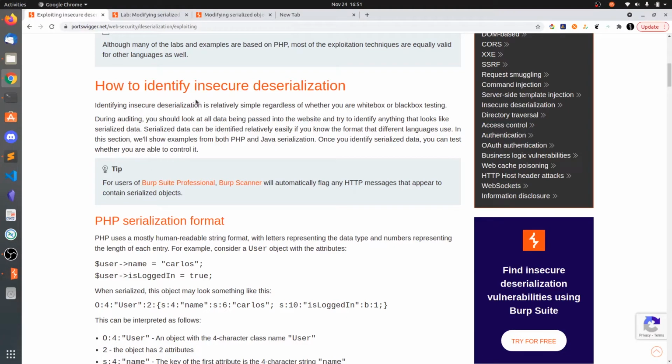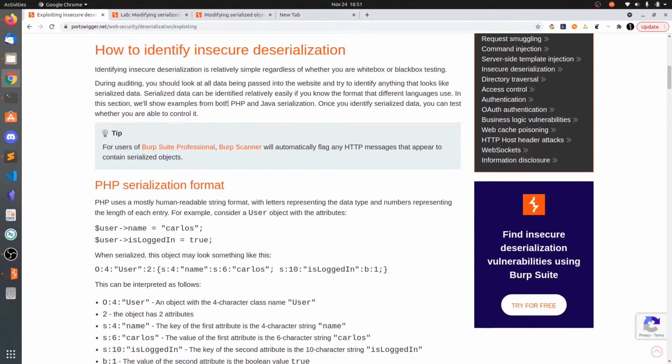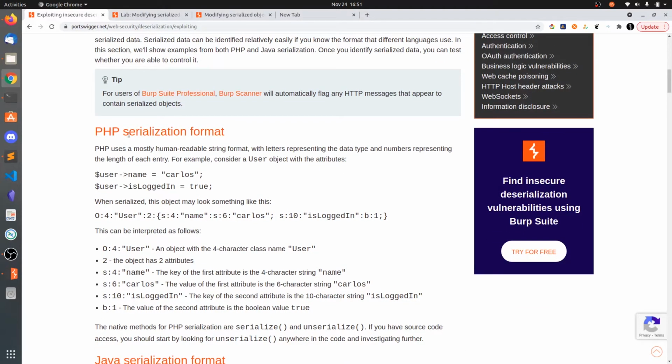So okay, in this video we will be seeing PHP deserialization, and we will be doing the PortSwigger labs. Let's look at the PHP serialization format. Up to now we have seen the Python serialization format, and even though you decoded the cookie, even though you decoded the actual string, you get some strings or some binary data. You can't make any sense of it, because you need to load that serialized data, and you need to view the loaded data.